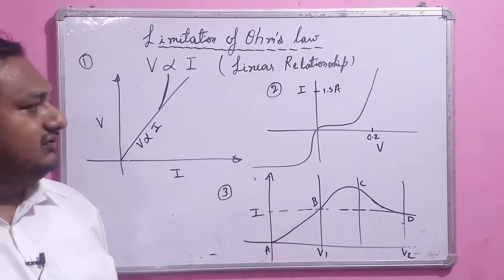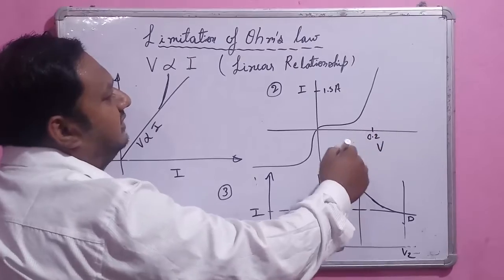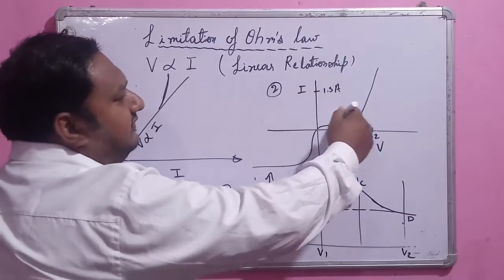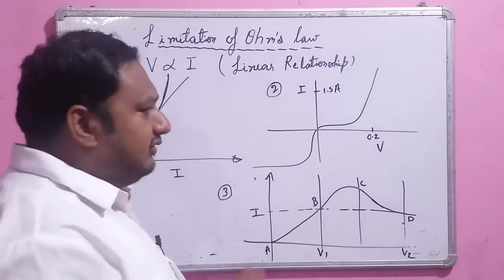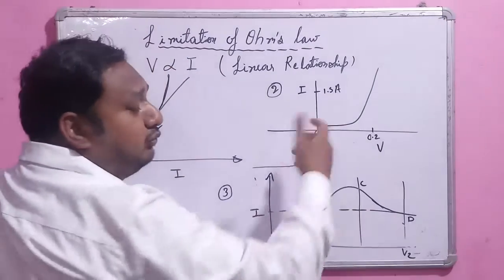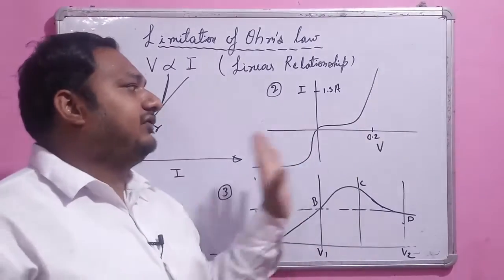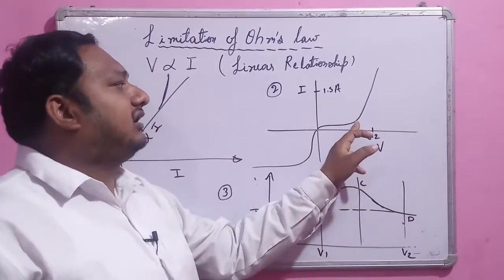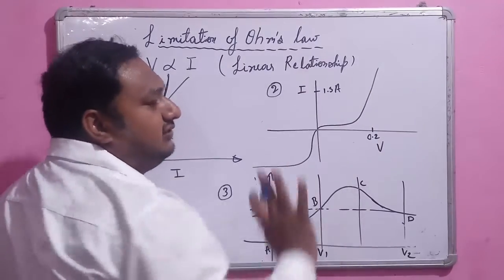Here, as you can see, in the diode, if you increase the potential difference, the current will increase, and this is the relationship. This is a very non-uniform relationship. But what happens if you reverse the polarity of the potential difference? Suppose you increase the potential difference in one direction; corresponding to each value of potential difference, you will get a particular value of current.